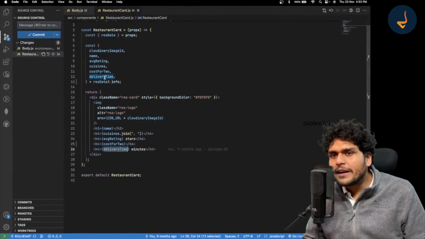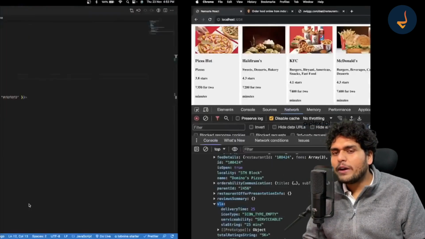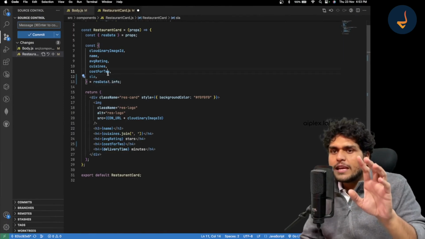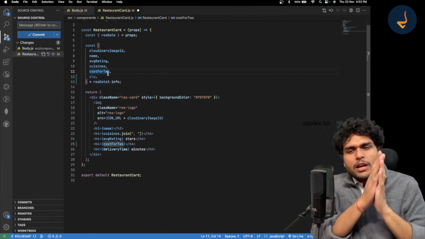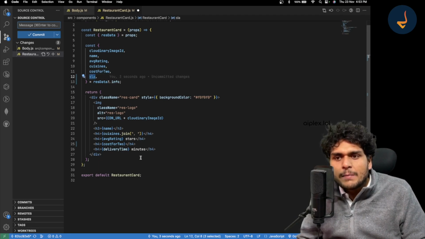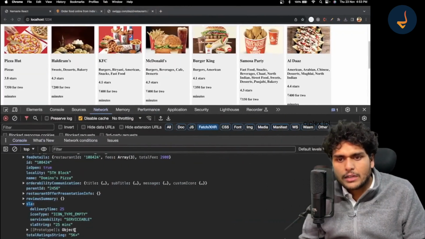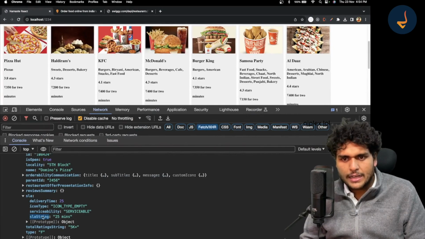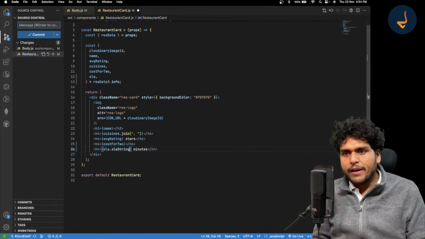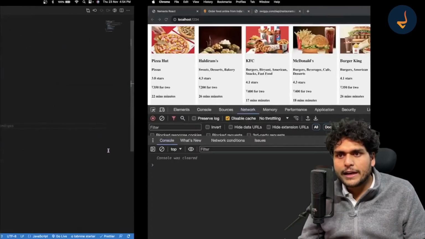How will you get this slaString instead of delivery time? So see, now we will have to fetch SLA over here. Instead of this delivery time, we will get SLA. Why am I doing all this? When you do it yourself in your project, you will understand this much better. Please do that. For now, just see, I am doing SLA. What should I write over here? I should write sla.slaString. I can do sla.slaString, and I can just put an optional chaining over here as well.